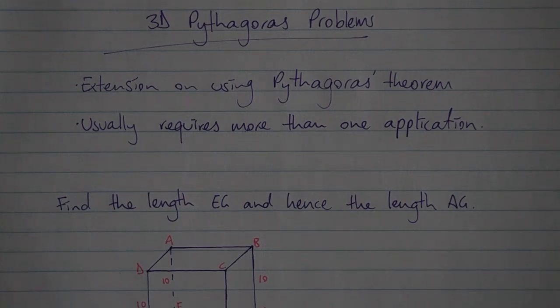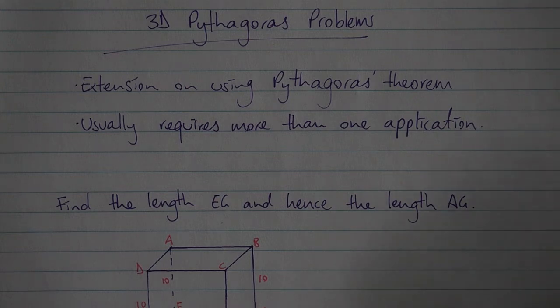So just extending on looking at using Pythagoras' theorem, I just want to have a look at how to use Pythagoras' theorem to solve three-dimensional problems. Now, this can be really confusing, okay, but it is super important to understand that it is a much more difficult application of Pythagoras' theorem, and it is an extension on those basic skills of Pythagoras. So a lot of people do find it really difficult, but hopefully breaking it down today for you will help